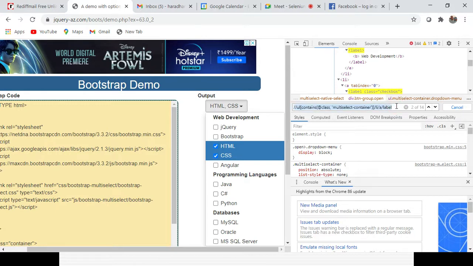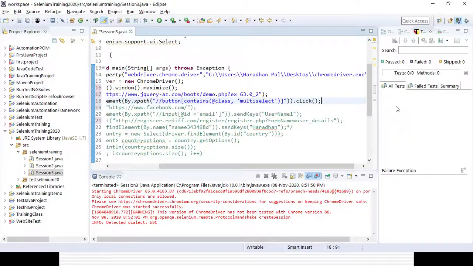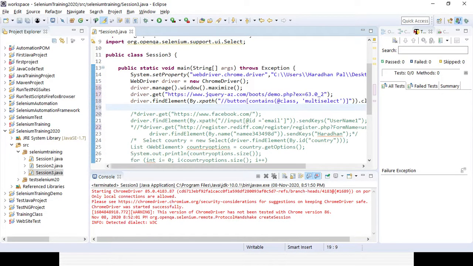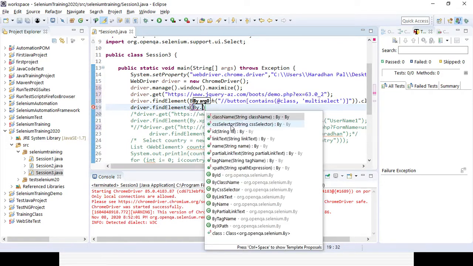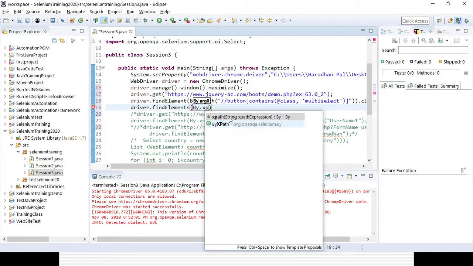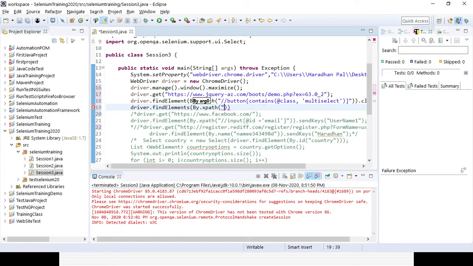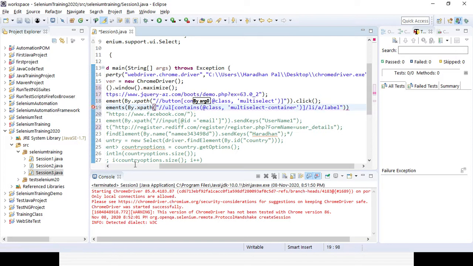So now I need to identify the element, because there are 14 options, so you have to use findElements, driver.findElements, not findElement. And what is the return type? List WebElement, right? So I will use By.xpath, and these are the 14 options, and here I want to store them somewhere, right?